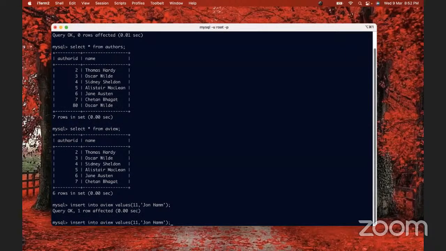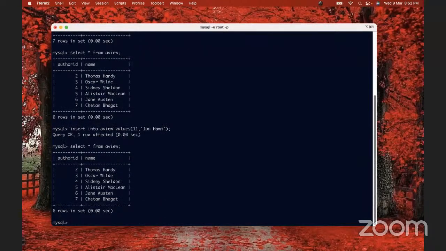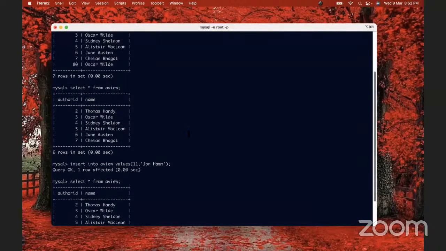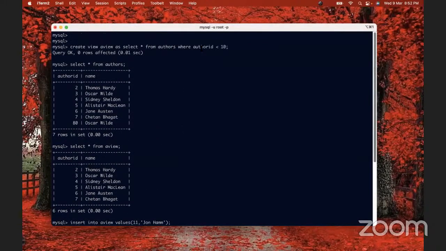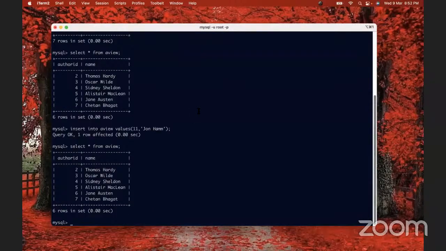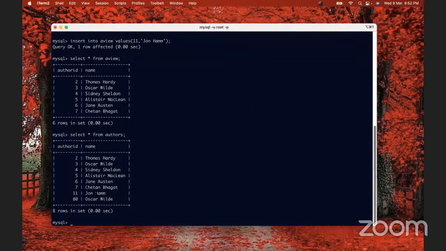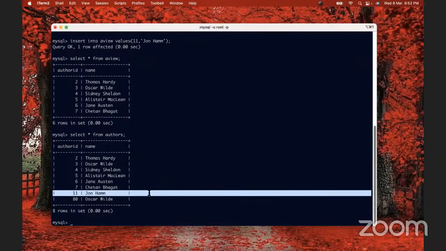But if you see select star from a view, you are not able to see this record. Why? Because a view is not going to select that record because it violates this condition, right? View will only show you those records which satisfy this condition. But if you look at the backend table, if you select star from authors, you will see whatever we inserted through the view has actually landed up in the backend table,